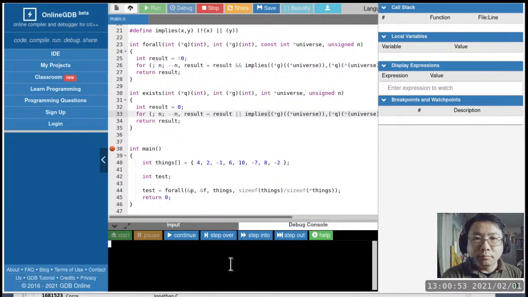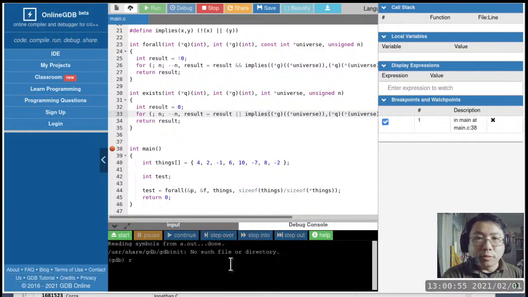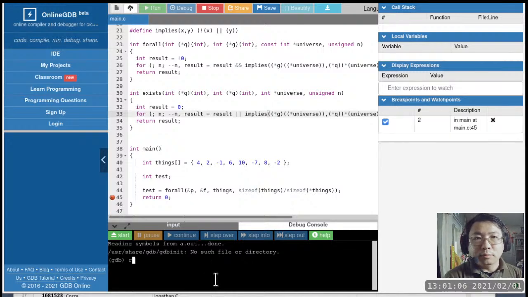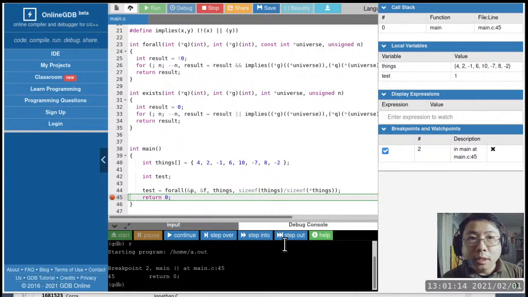And then we just run the program to the breakpoint, but the breakpoint is not going to be here anymore. We have to make the breakpoint all the way down here. According to my theory, test as a variable should be non-zero. We run it, and we take a look at test, and it is non-zero.